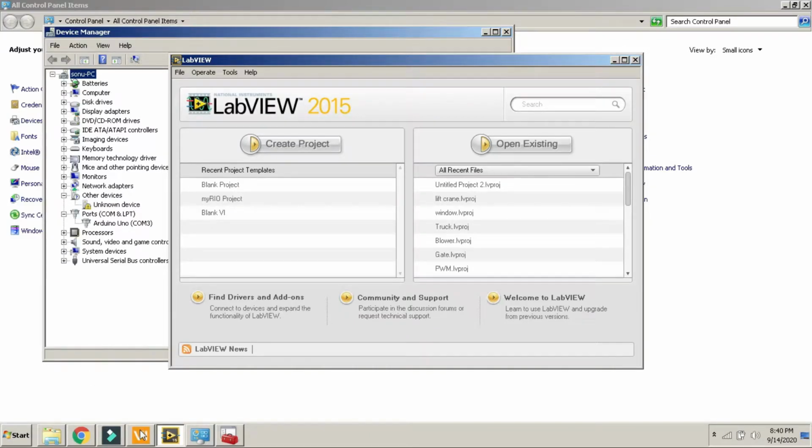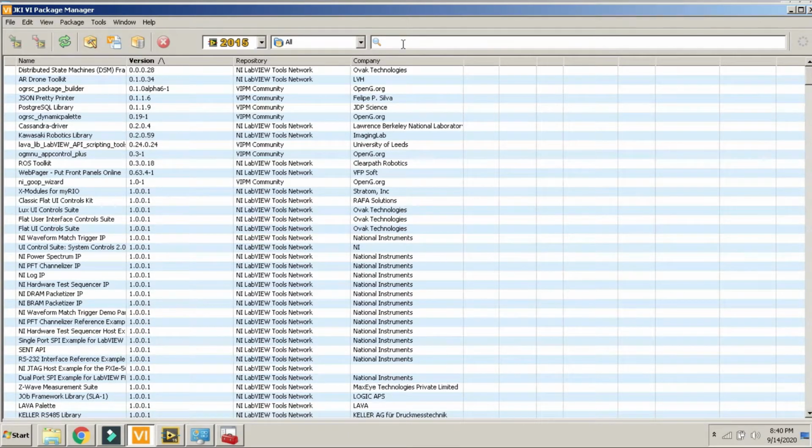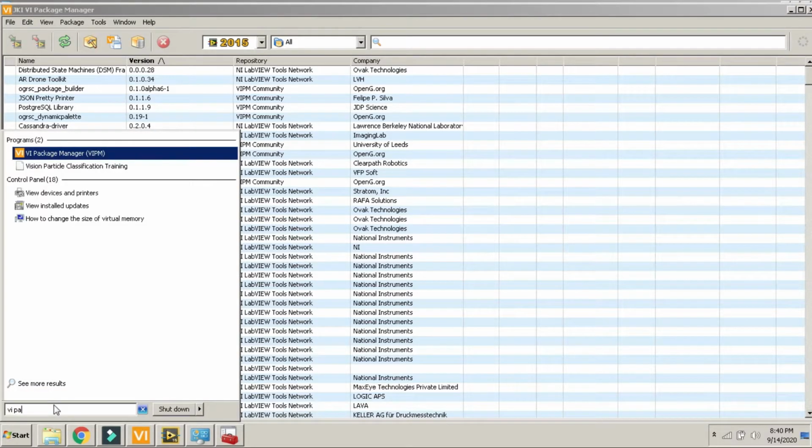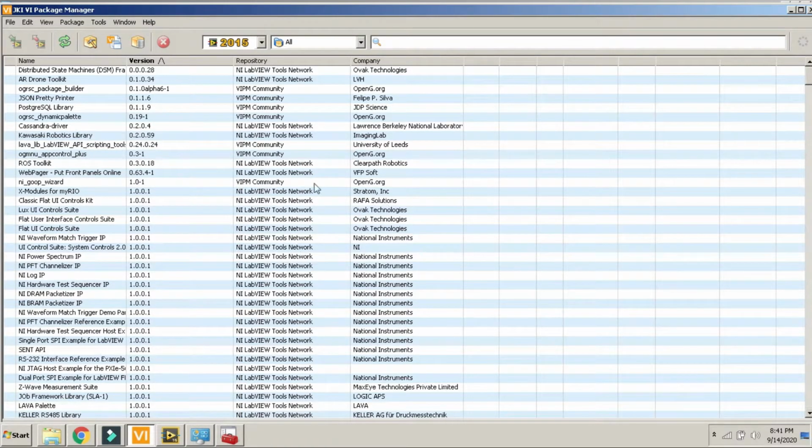So for the toolbox, I am going to VI Package Manager. Here is VI Package Manager, VIPM. You have to open this. I already opened this. This is my VIPM, and these are the third party toolboxes. In this I am searching Arduino.